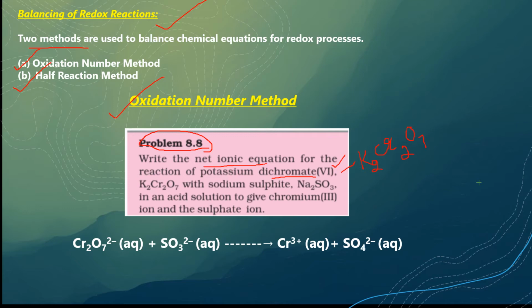So this is potassium dichromate and it is reacting with sodium sulfite, that is Na2SO3, in the acidic medium. All this is important. We need the medium and what are the reactants and products, and it is giving me chromium 3+, that is this ion, and sulfate ion SO4 2-. Now here we do not write K2Cr2O7 or Na2SO3. Why? Because we have to write the net ionic equation, and K2Cr2O7 as well as Na2SO3 are compounds, they are not ions. So on the right hand side I do not have Na and potassium. So on the left hand side also I have to remove them. So this is the first step. I have written the ionic equation.